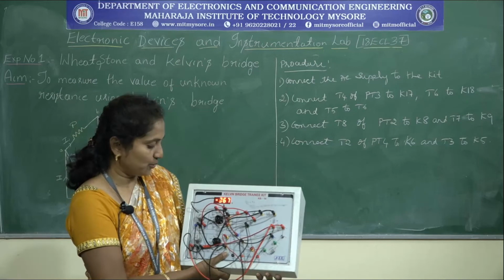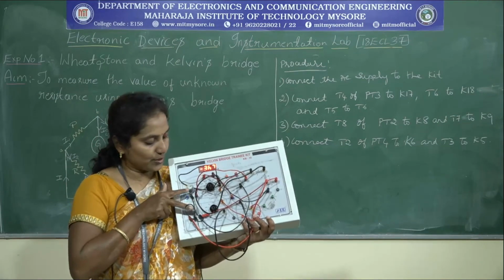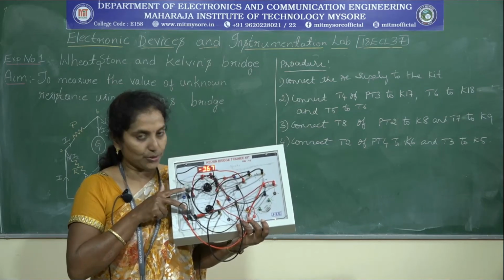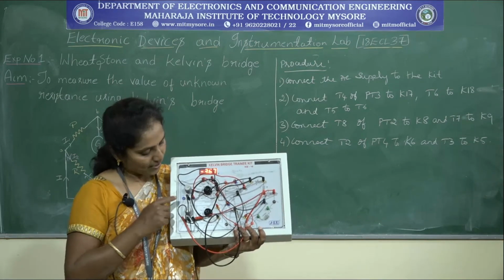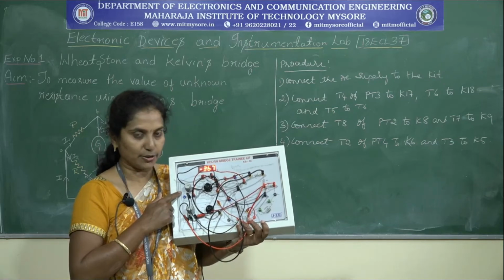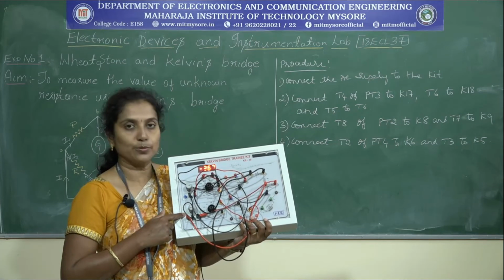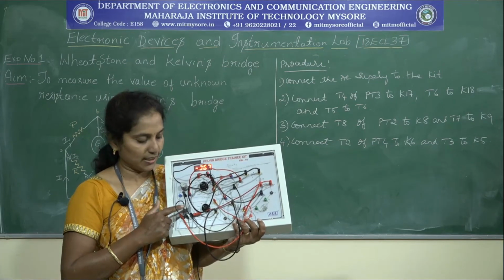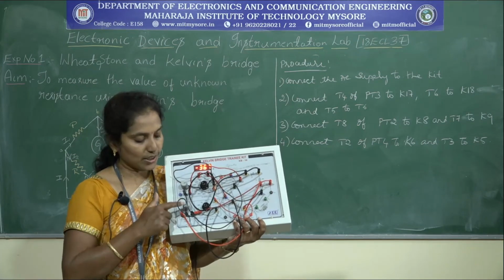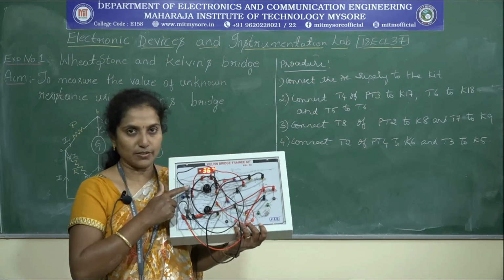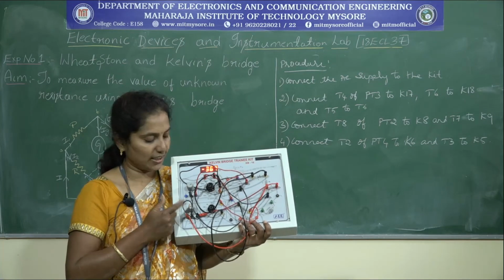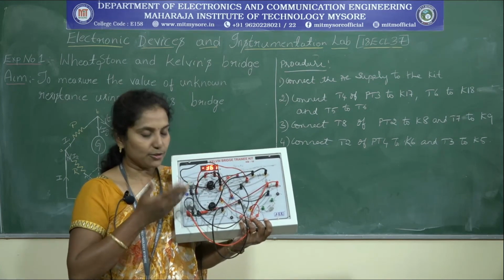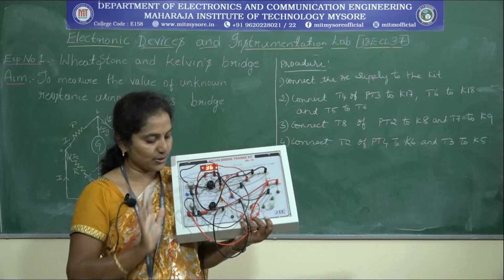Now what you are going to do, there are two knobs here. See, this ratio should always be 1:10. This should always be in the 100 ohms range, and this should always be in the kilo ohms range. Suppose I have taken 1K, this should be 100 ohm. Suppose I have taken 7K, this should be 700. If you take 8K, it will be 800. It means you have to take the range in the ratio of 1:10.